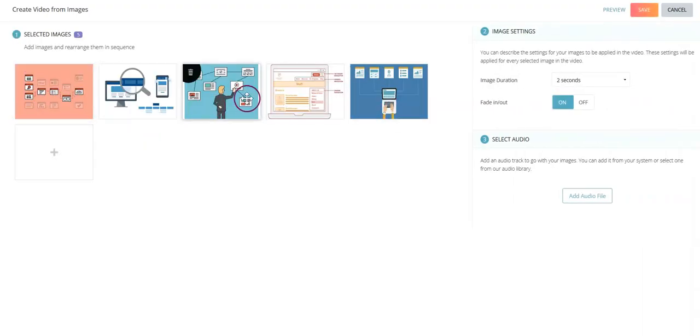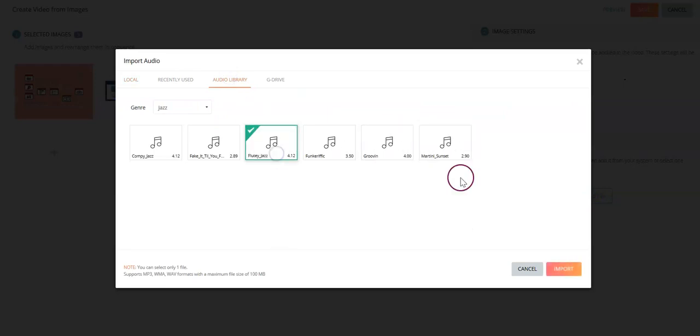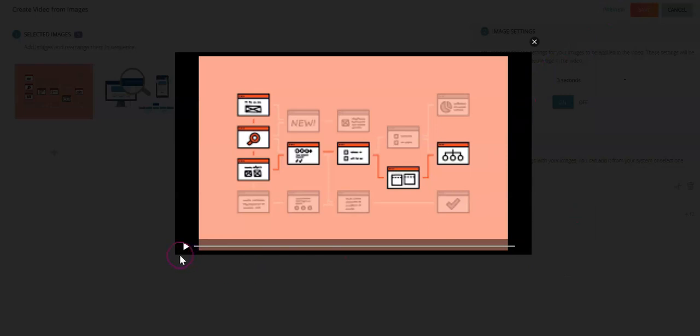Then select Import. You can review the images you've decided to bring in, make sure those are correct. You can change the duration of how long your images will show on the screen. You can turn on and off the fade in and out option, and you can add audio as well if you would like. I will bring in jazz, select Import,